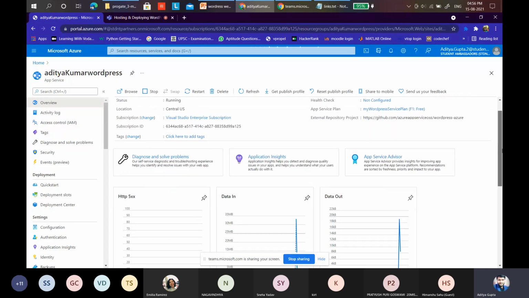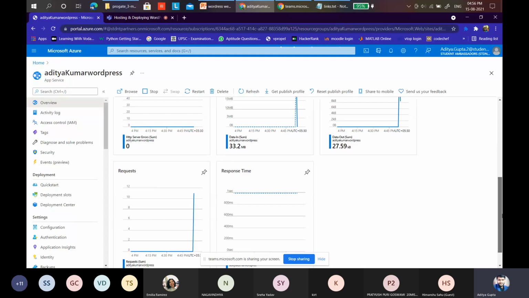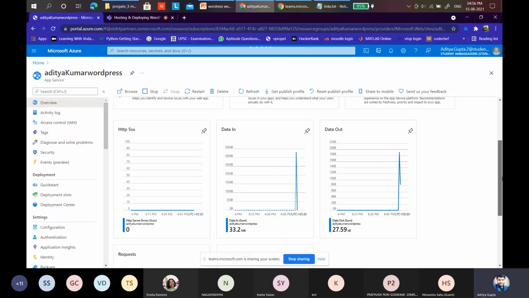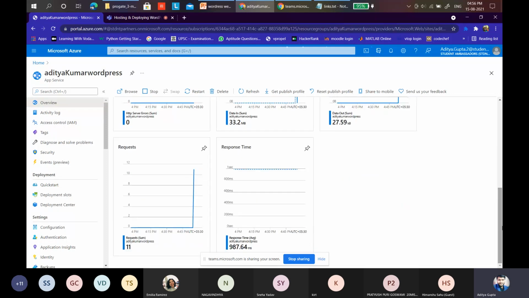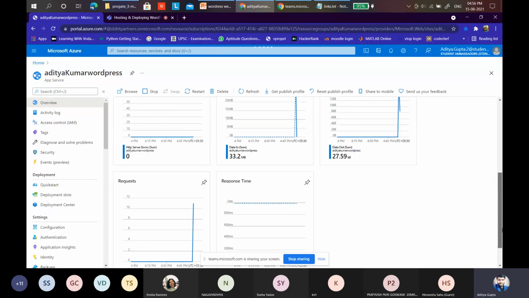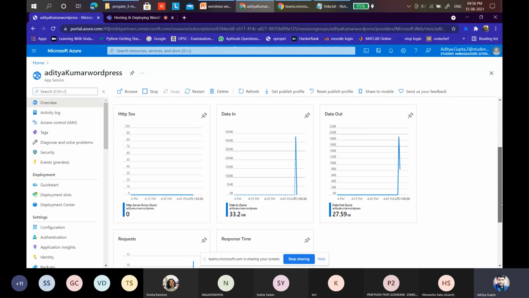Before you go to the next steps, I will show you something here at the bottom: HTTP data, data out, requests, and responses. So it's like analytics. You remember I gave you an example of a plugin in the beginning, named Clicky, that gives analytics for your website, like who is using it, how many times they are triggering your website, some stuff like that. Azure provides it. So it's a benefit of Azure. You don't need to use something extra like that, because Clicky also is not free at all. It only comes with 1 year free, then after that you have to pay for it.